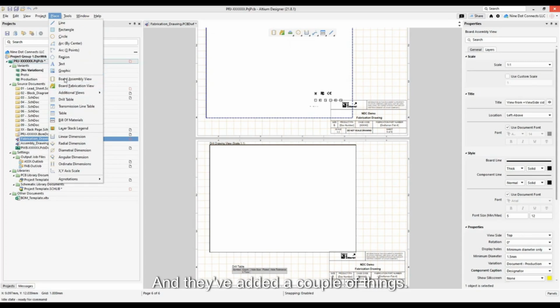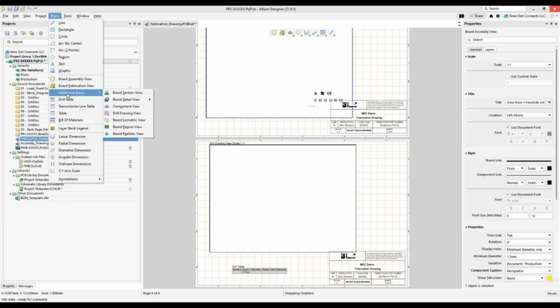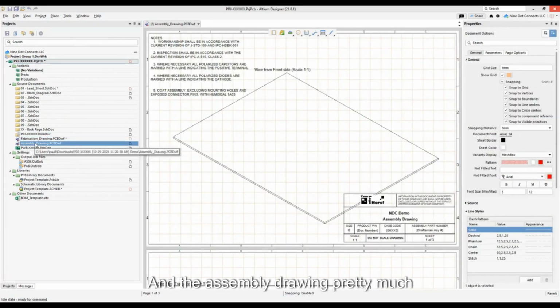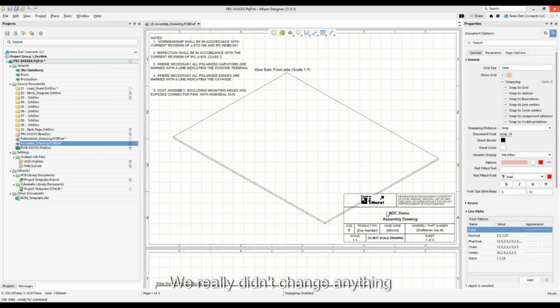And they've added a couple of things, but if you're interested in the Draftsman tool, a couple of years ago, we did a webinar on this. Take a look at it because even though they've added a few more features to this, what I talked about in that webinar is still very applicable. So that's what you can do here for the fabrication drawing. And the assembly drawing pretty much follows suit as well. We really didn't change anything